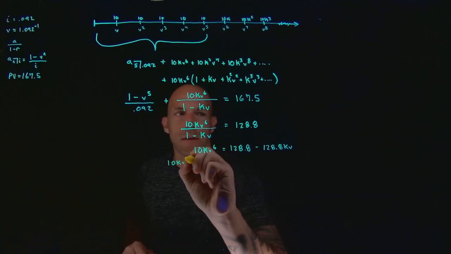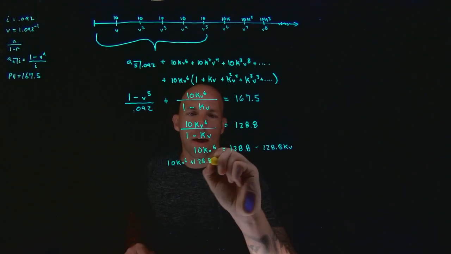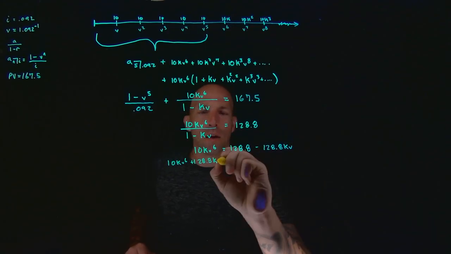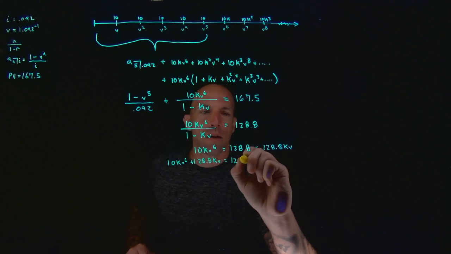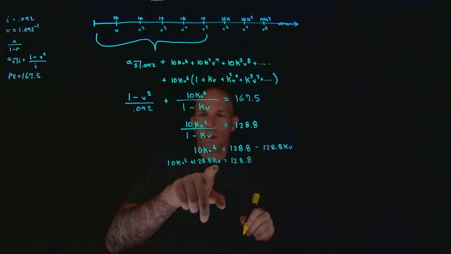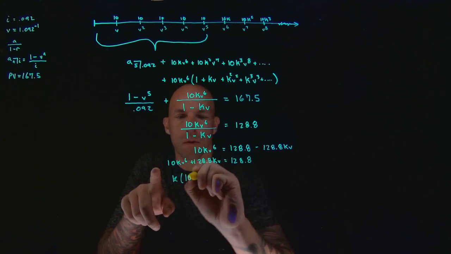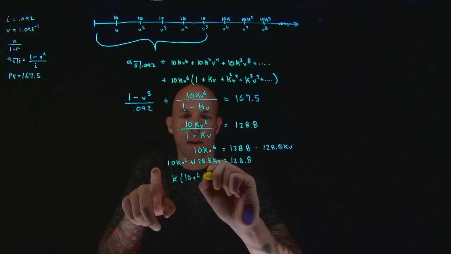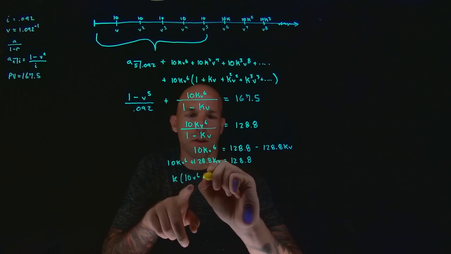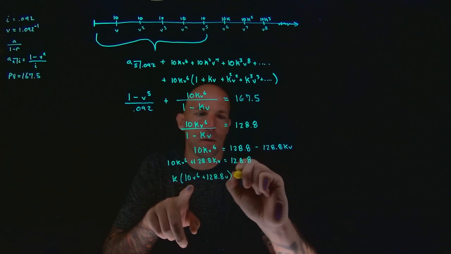So I'm going to add 128.8k kv to both sides, and we are zeroing in on the final answer. Factor out the unknown. So that leaves k times 10v to the 6th plus 128.8 v equals